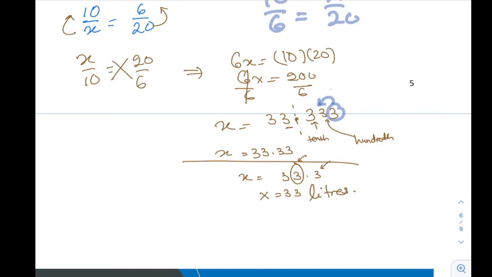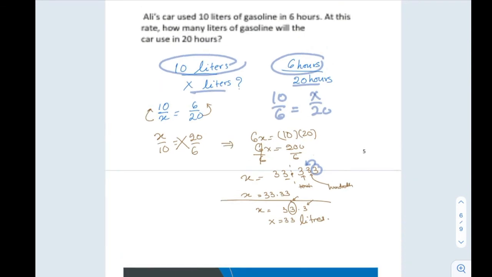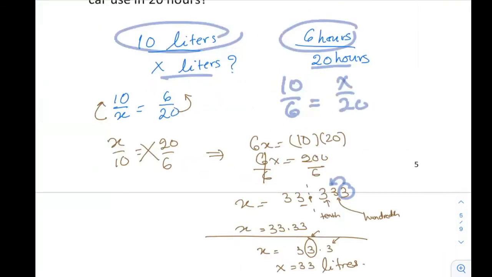And with that, we have discussed how to solve simple proportions and apply one real-life example. We will continue next